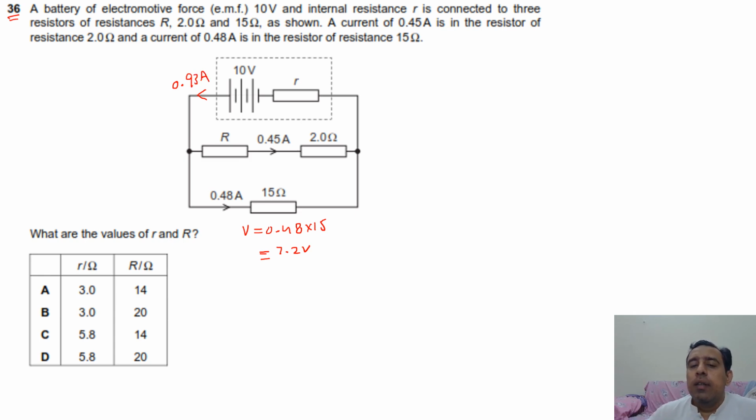So the current is shown over here. If this is 7.2 volt and this is 10 volt, these two must have combinedly 7.2 volt, and the voltage against this resistor must be the difference of 10 and 7.2. It's 2.8 volt,